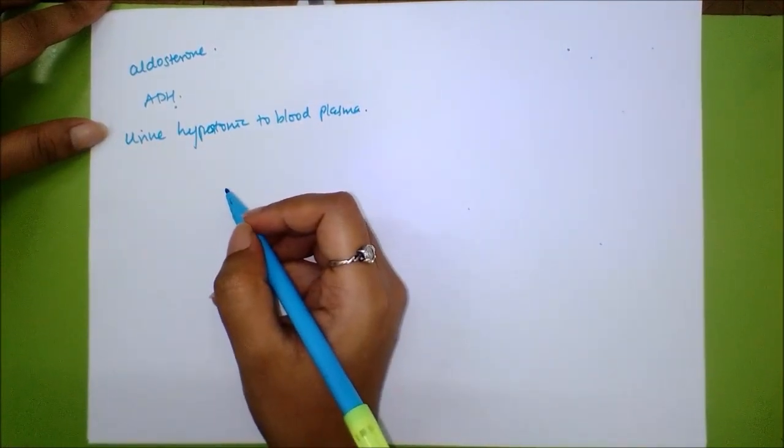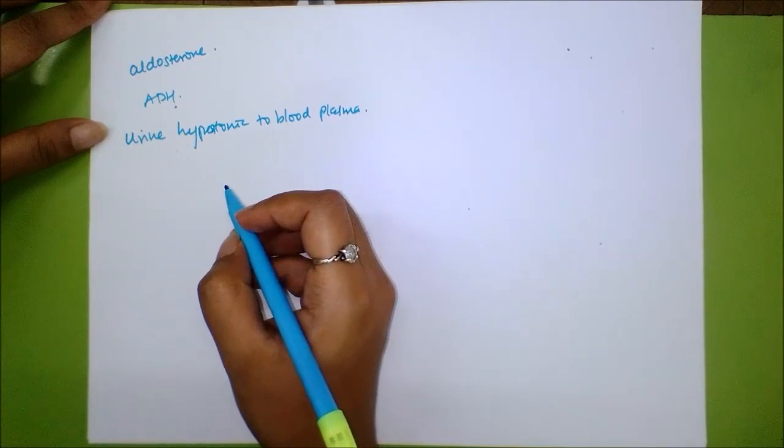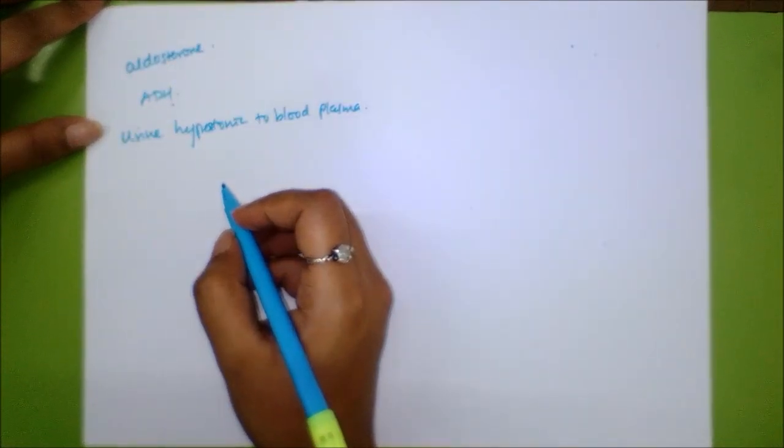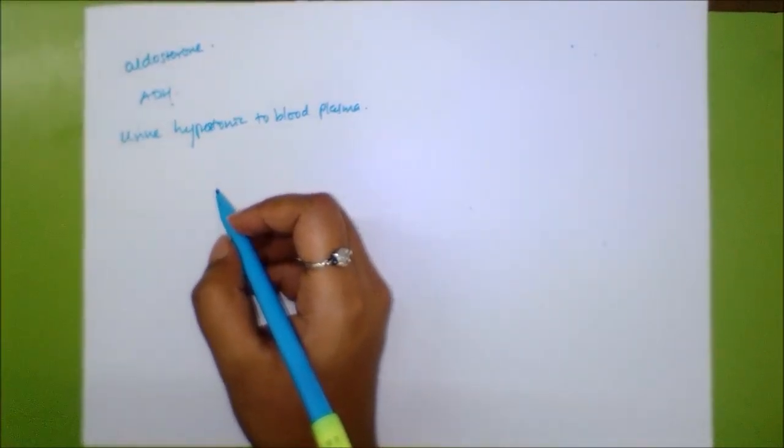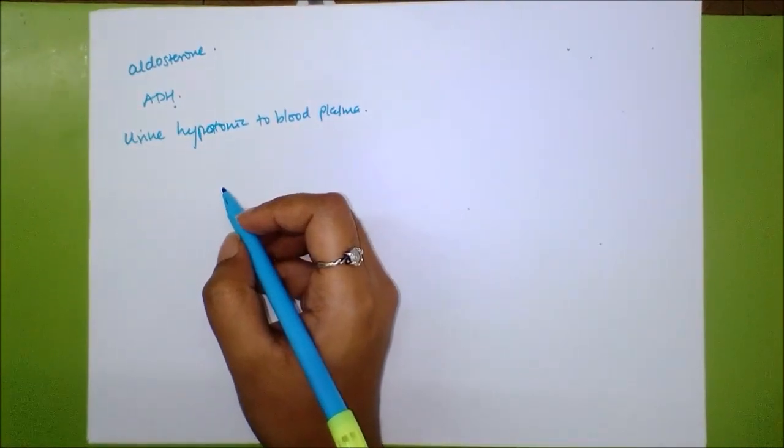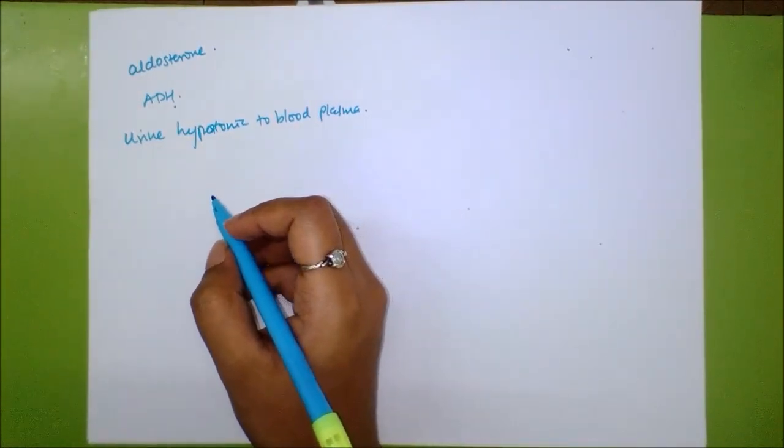Tubular secretion refers to the addition of selected materials from the blood to the ultrafiltrate, thus increasing its volume. It occurs mainly by active transport. It takes place in the DCT and PCT.